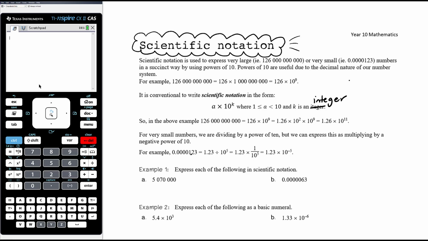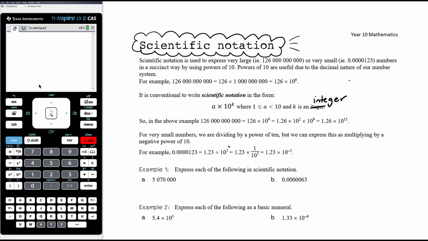So if we need to count 1, 2, 3, 4, 5, the decimal point is going to need to go there for the number to be between 1 and 10: 1.23. In doing that we've moved the decimal point 5 places. So we're going to need to take 1.23 and then further divide it, so move the decimal point 1, 2, 3, 4, 5 to the left to make it